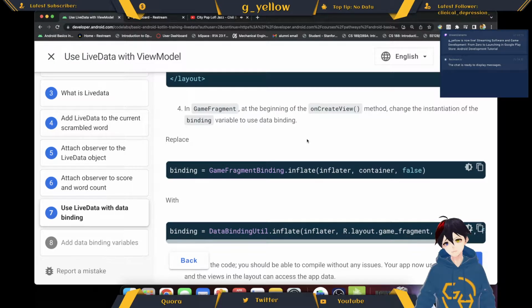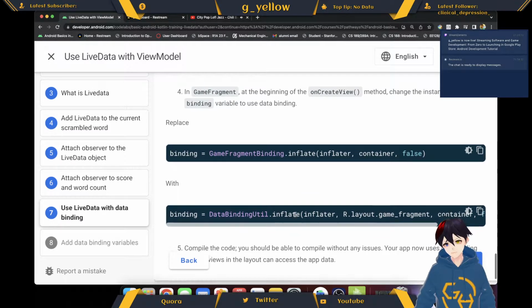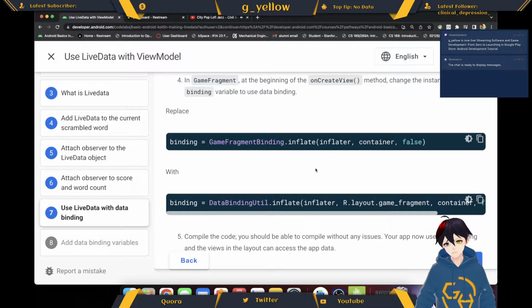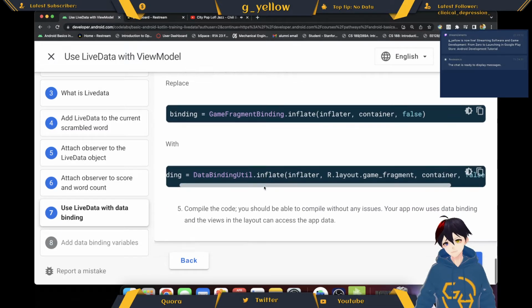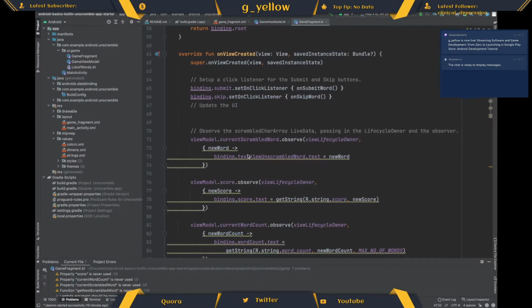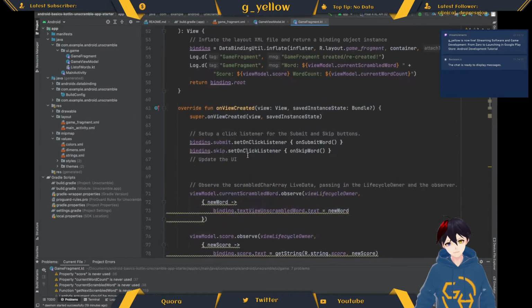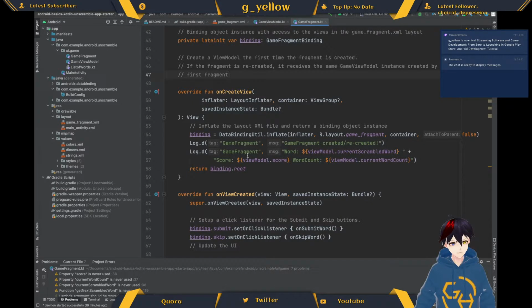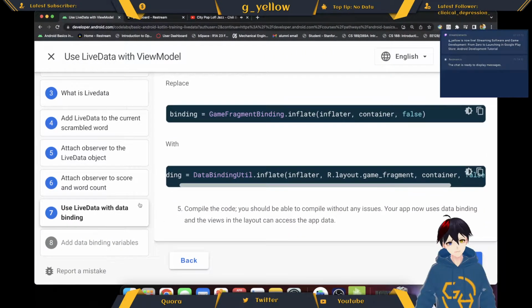At the beginning of onCreateView, change the instantiation of the binding variable to use data binding. Rather than inflate, wait, let's use the inflate. They use data binding rather than the GameFragmentBinding, which is the view binding. In GameFragment onCreateView, okay, it's already data binding. That's good. Next,